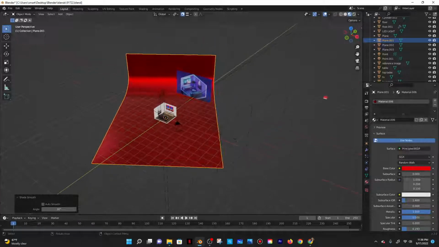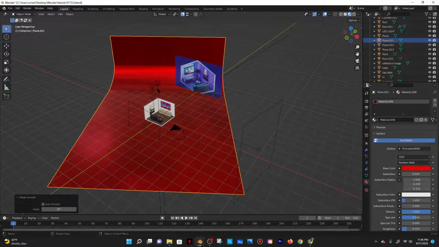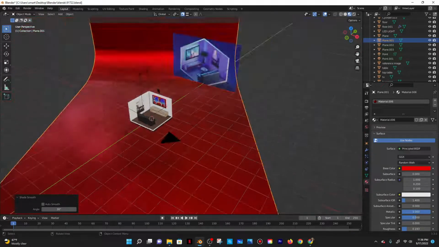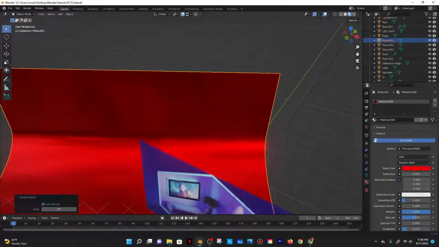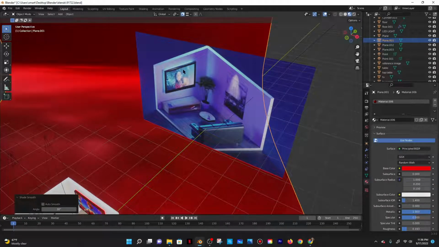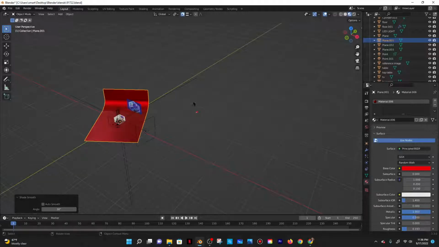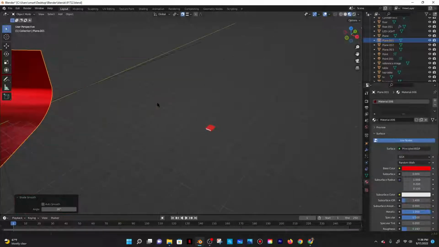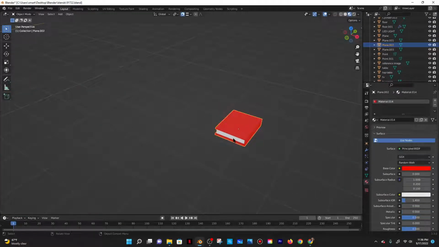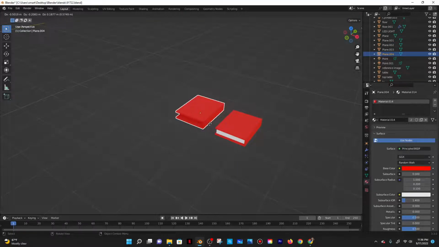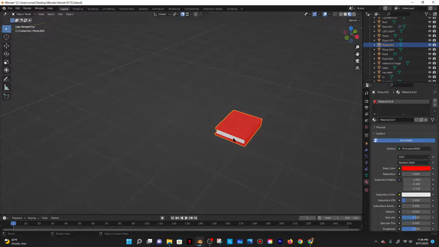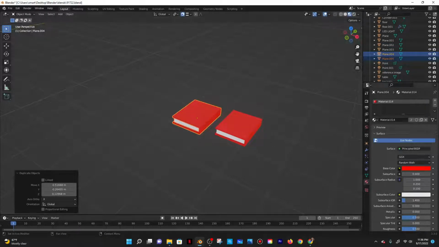Okay. How do I want to do this? So there's books at the top, there's some at the bottom, there's like different colors. So I guess I'll just do red and blue. So I'll do Shift D. Oops. So I'll select these two and then do Shift D. And then just change the color of this one to be blue, but of course they changed both of them,